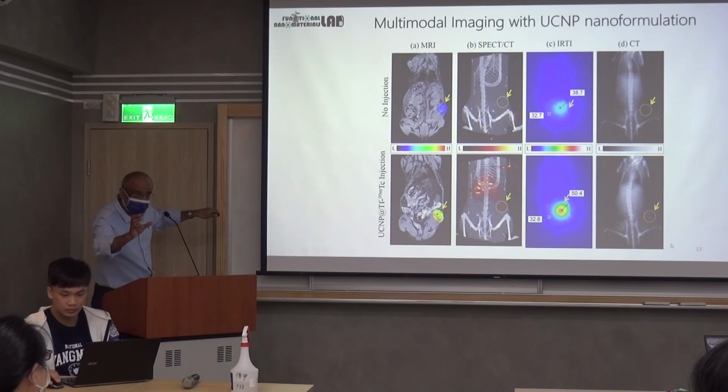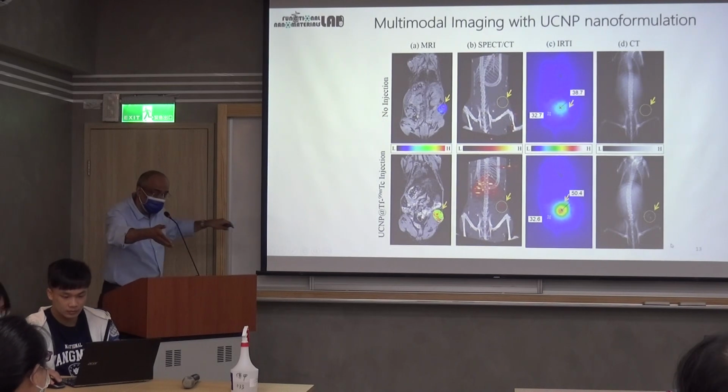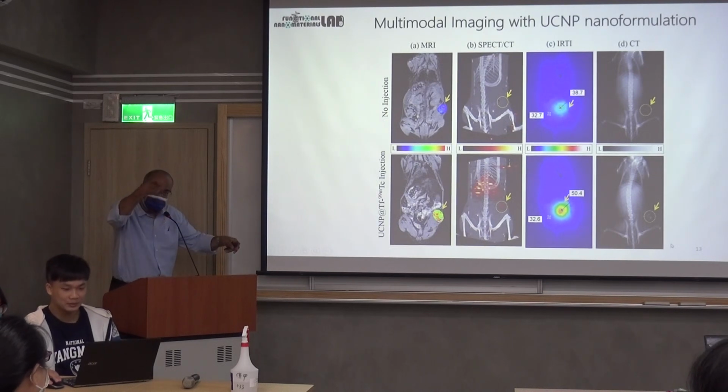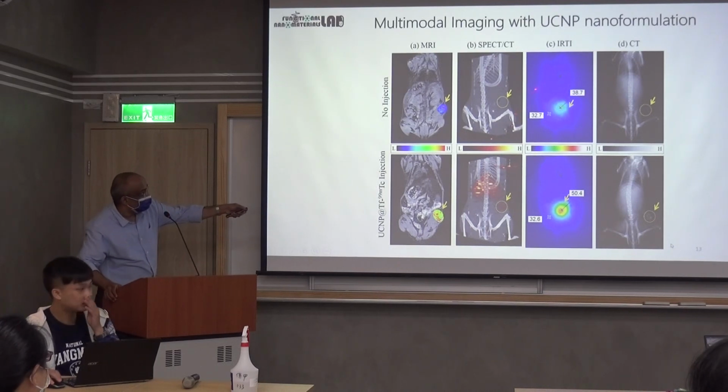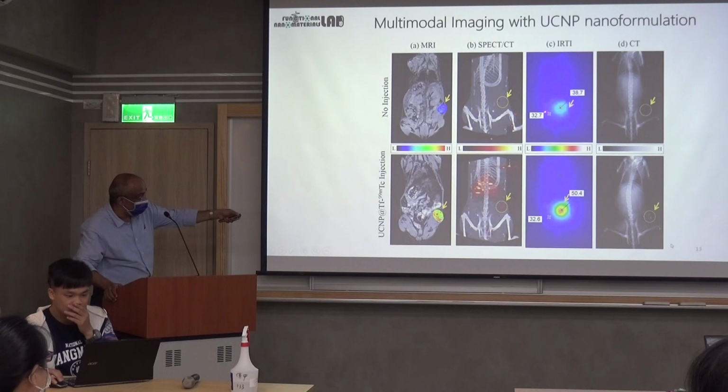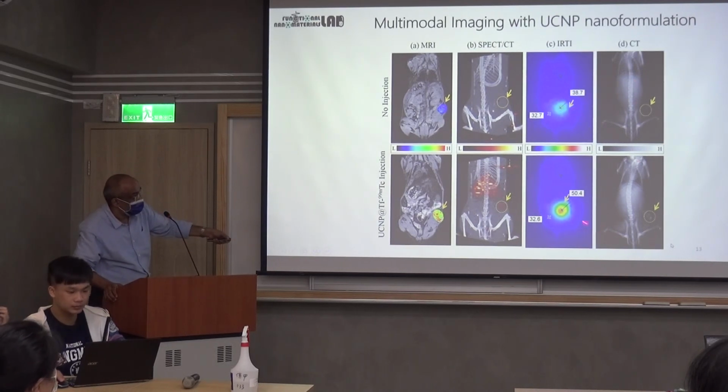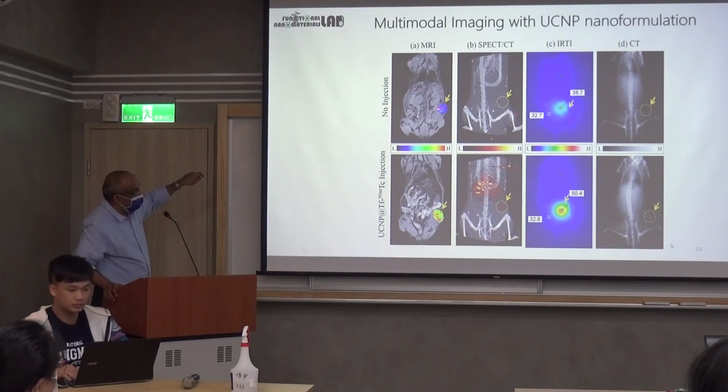Just by temperature. Just like right now, if you go to the airport, they will measure your temperature using an IR camera. It's the same thing. So I measure the temperature around the tumor using a thermal camera, and this is CT. So you can see that when I don't use the nanoparticle, the contrast is not high. But when I use the nanoparticle, the contrast is so much around the tumor. So red means high, okay? And blue means low. So here you see everything is blue.